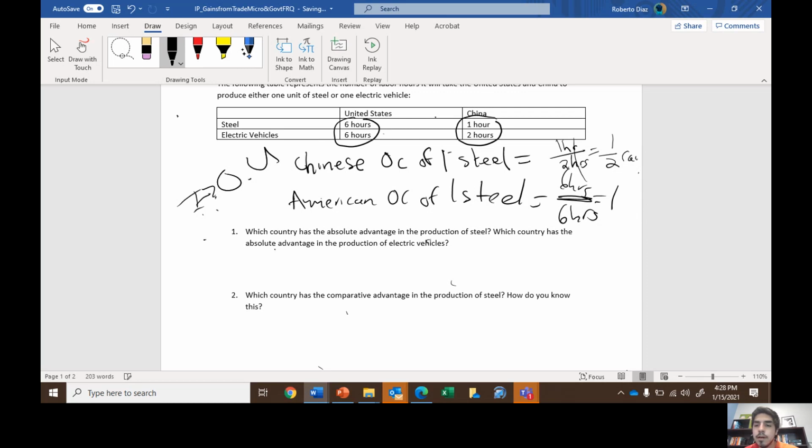1 half cars. 1 car. The American opportunity cost of 1 unit of steel is 1 car. Chinese opportunity cost of 1 unit of steel is half a car. Simple, right? And now we're aware that since